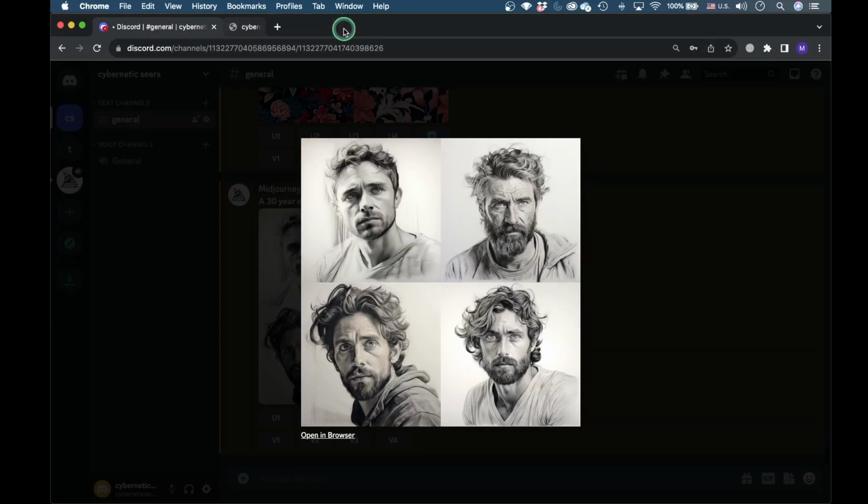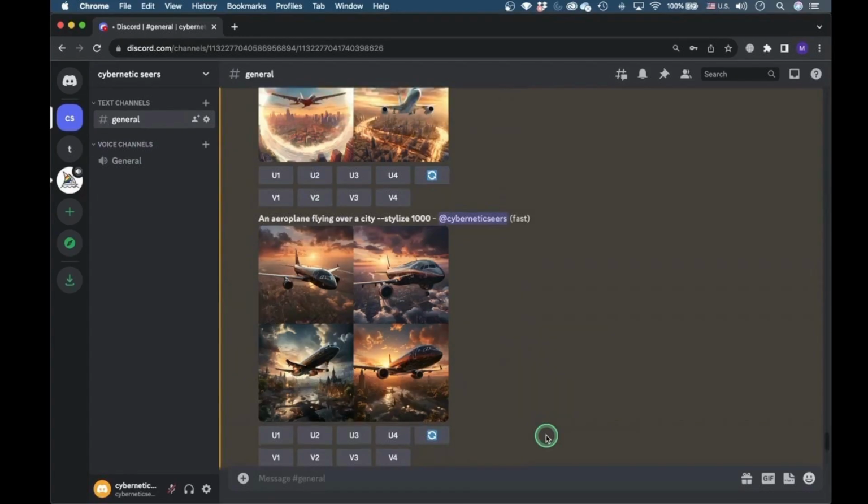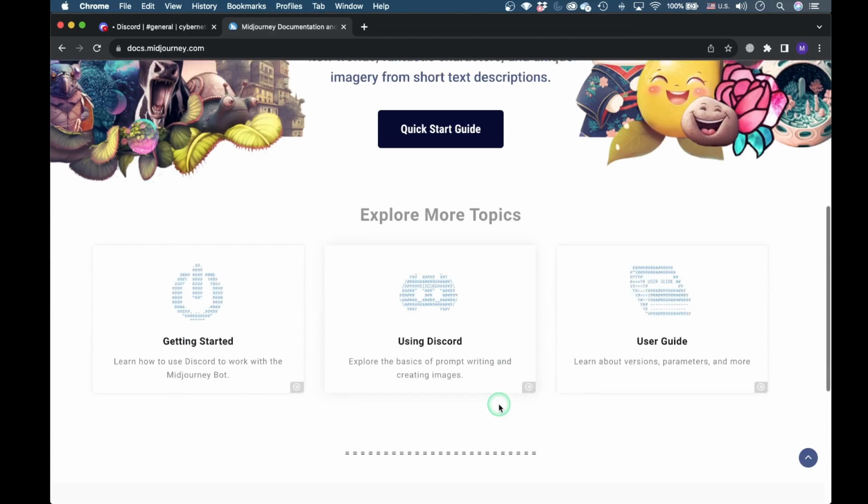What we have done was a basic introduction to Midjourney and how to start using it. If you want to learn more options, I recommend checking the official documentation on the Midjourney website. That is https://docs.midjourney.com. And on the internet, you will find a ton of information about each aspect of writing prompts in detail to get all that you need.